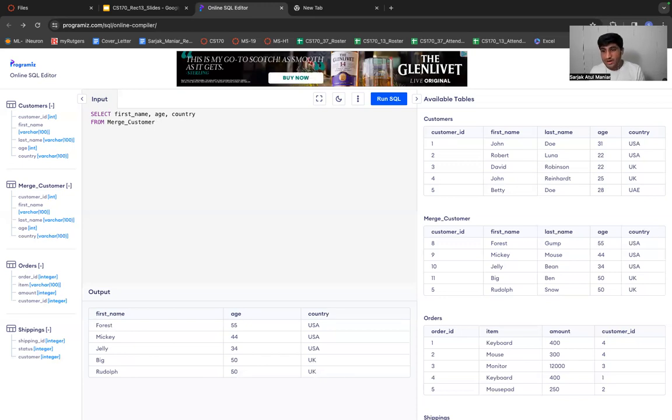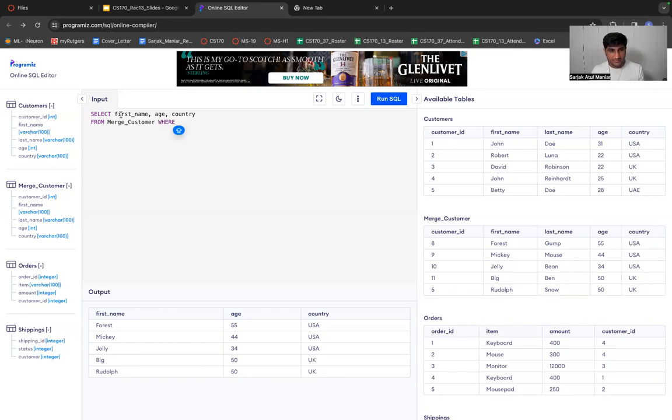So for example, if I ask that I want only the data of the customers whose age is less than, let's say, 45. Okay, so from merge customer, there's a slight change over here. We have another keyword called WHERE.